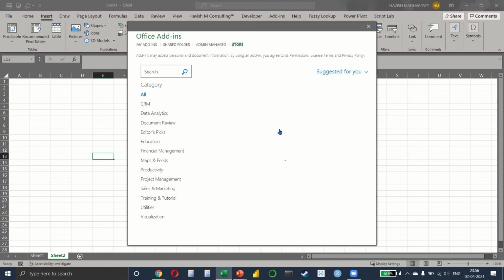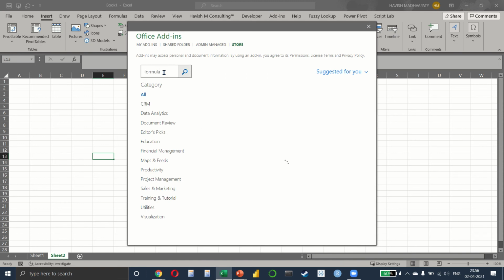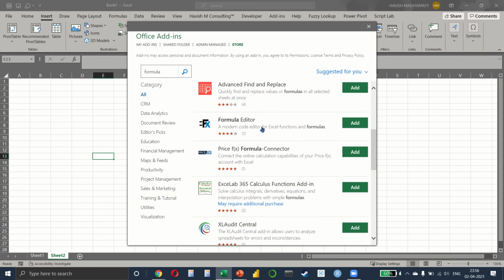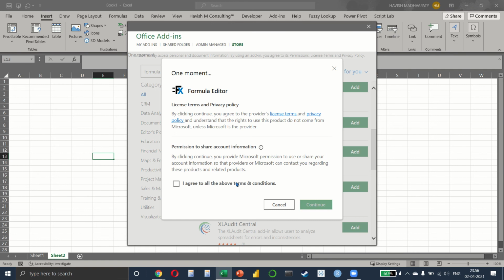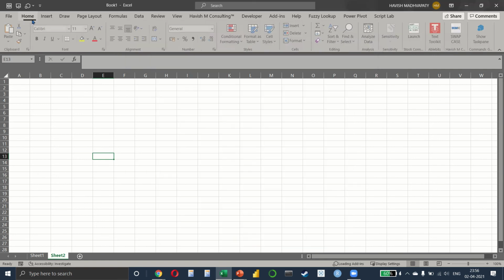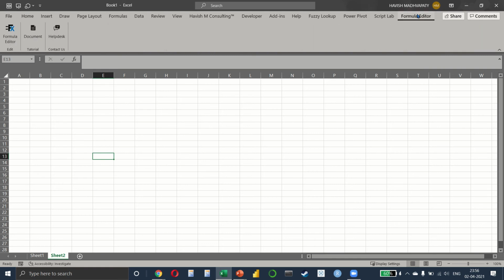All right, let's continue. And something I really like is the formula editor. The formula editor is a new tab that has been created.